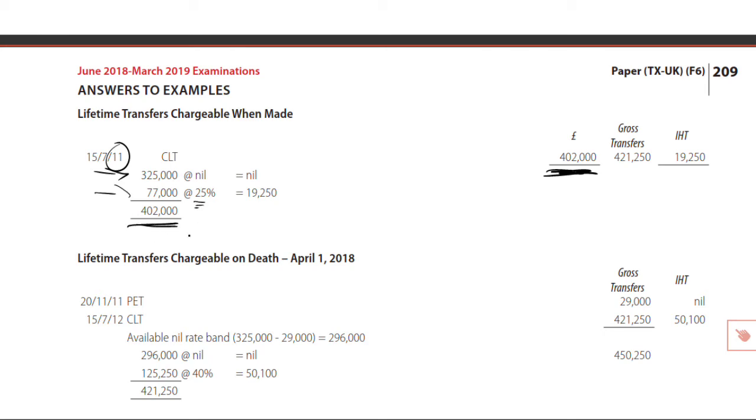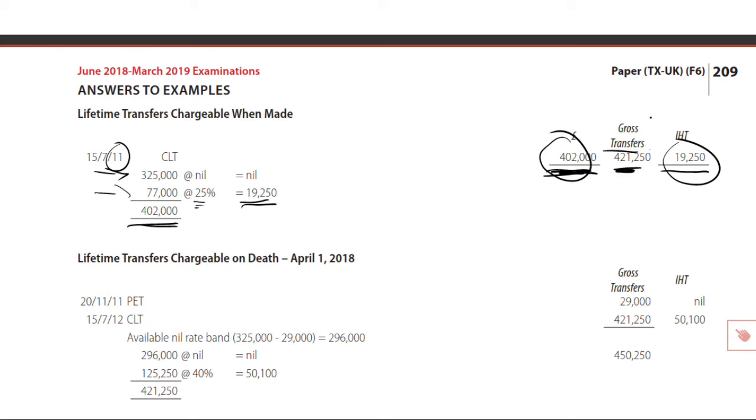It is then the net rate of 25% that is applied. Why? Because the donor pays the tax. If the trustees had paid the tax, this would be a gross transfer, and you'd simply take 20% of the 77,000. But not here, it's net, and therefore it's 25%. Hopefully, I'm better with numbers than I am with dates, so I'm hoping that that figure of 19,250 here is the correct calculation. And because this figure was a net transfer, we must add the tax to it to get the gross transfer,